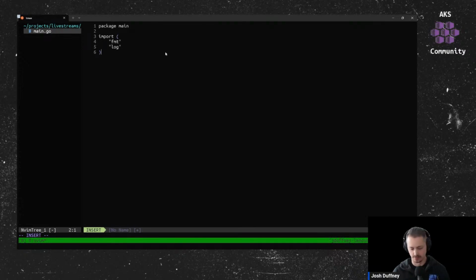Let's see if my language server will... Oh, there we go. Okay, I didn't open it. I created it, but I didn't open the file. So now my main is in the current buffer. So package main. Now we've got some language server stuff going on. I want fmt, log,